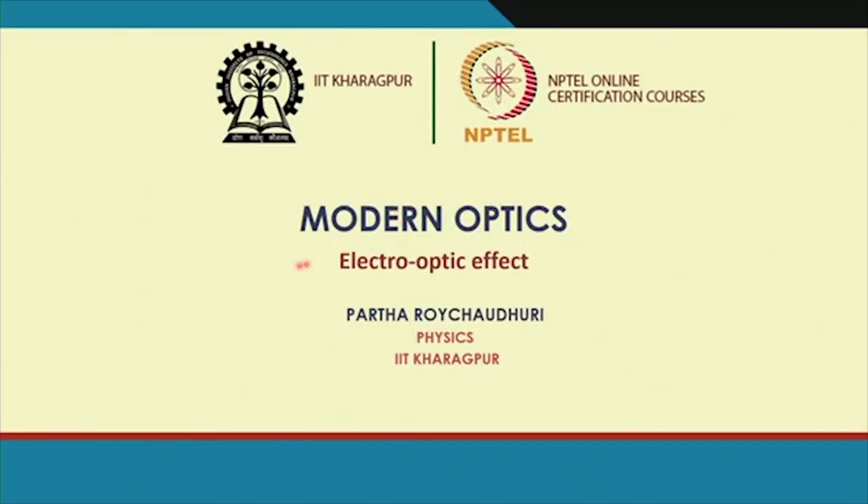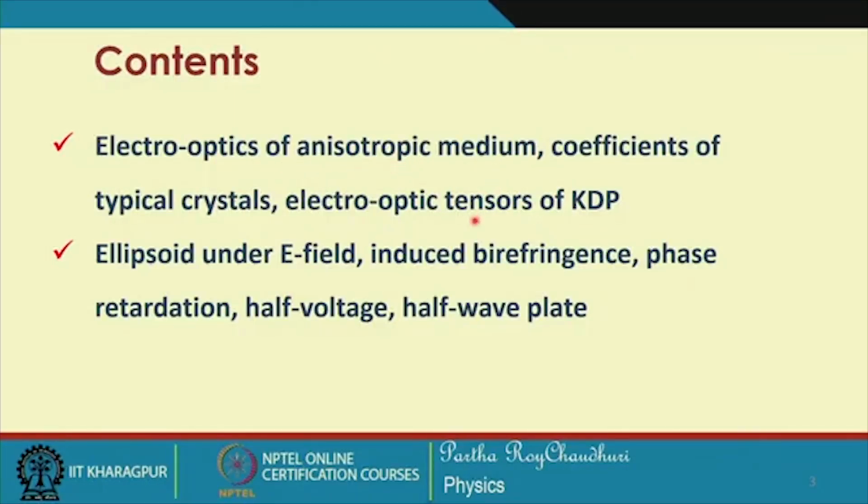We were discussing electro-optics of isotropic media, and we were talking about the electro-optic effect of the gallium arsenide crystal, and now we will be discussing a very important optical crystal, electro-optic crystal, that is KDP, potassium dihydrogen phosphate, and for this purpose we have organized the discussion in this way: electro-optics of anisotropic medium, coefficients of the typical